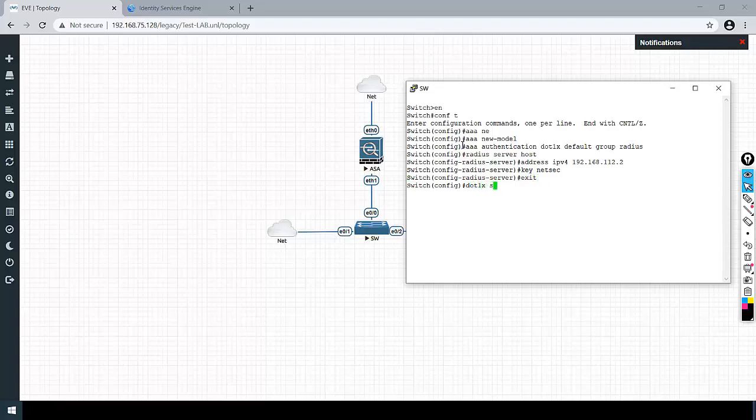Run the command dot1x system-auth-control. Now let's configure the interface. In our case, interface E0/2 is connected to our PC, the client PC. First let's make it an access port.